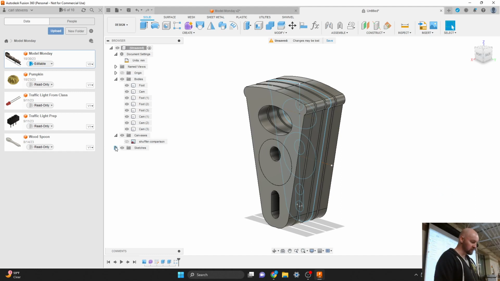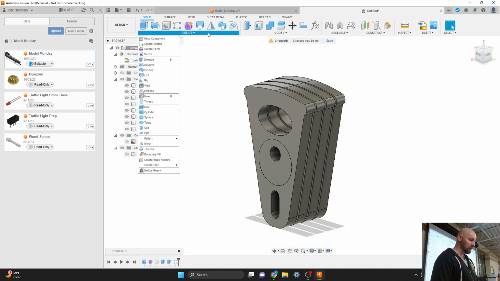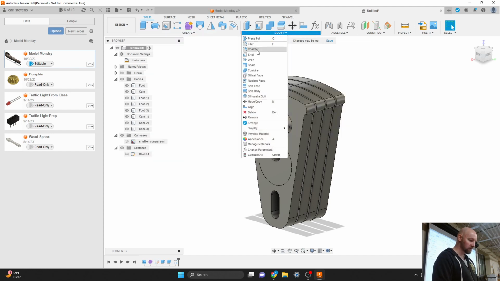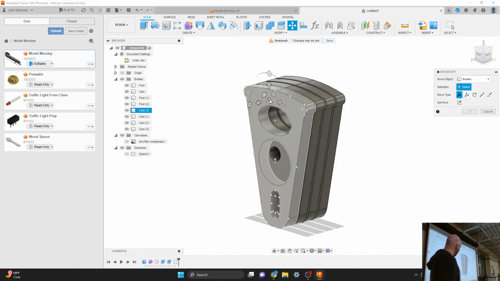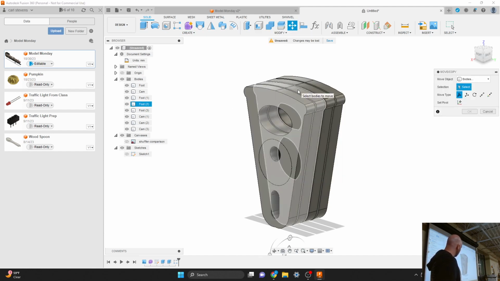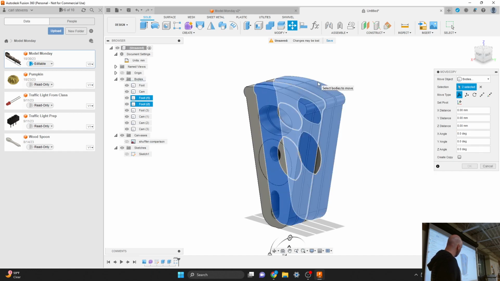I'm going to turn off the visibility on my sketch. And now, for my next trick, now that everybody's got a pattern? Cool? Yeah? I'm going to come up to the Modify menu, and I'm going to choose the Move tool. And I'm going to pick every other foot